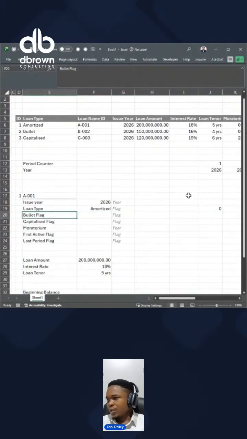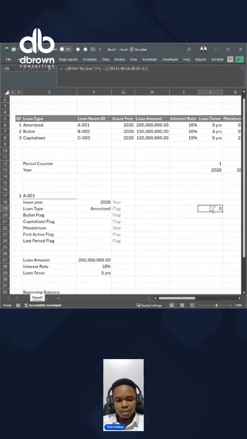So we are done with the bullet flag. Now we move to the capitalized flag. Okay, this should be, yeah. So for the capitalized flag,